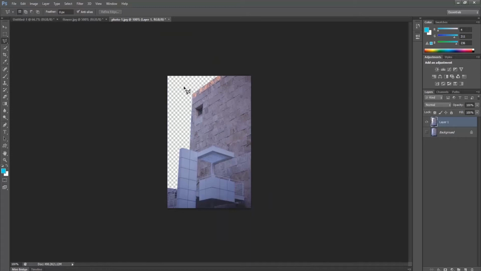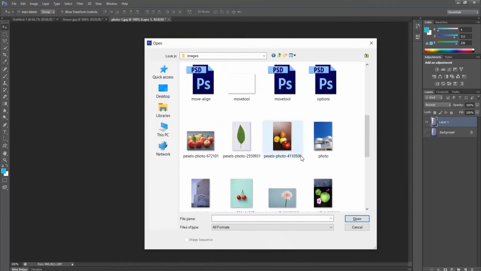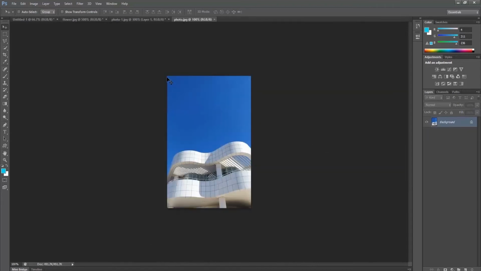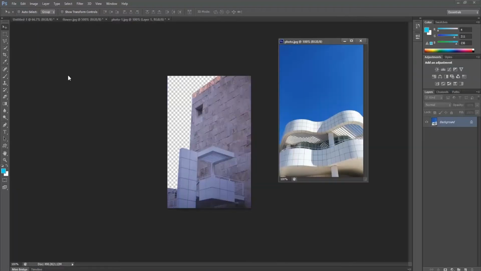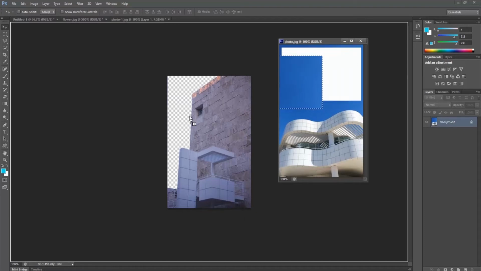We can also change the background. I will show you that. Open another image. Now I want to add this sky area. So switch to marquee tool, select this sky, switch back to move tool, click on this selection, drag and drop on this building.